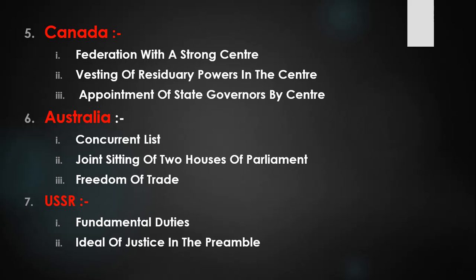Now, what is the ideal of justice? When you read the preamble, there is the ideal of justice, meaning political justice, economic justice, social justice. So from where was it adopted? It was adopted from the Constitution of USSR. Okay, now friends,